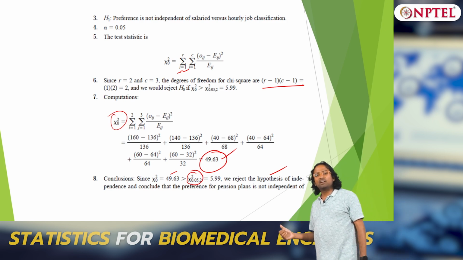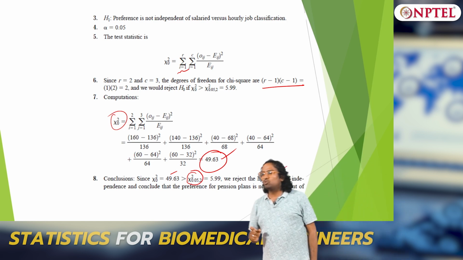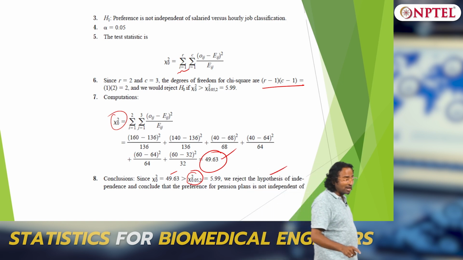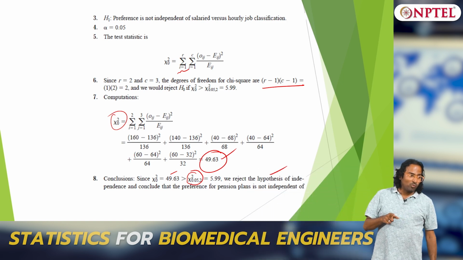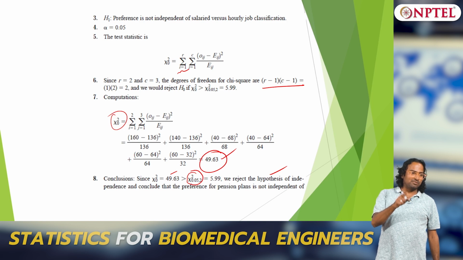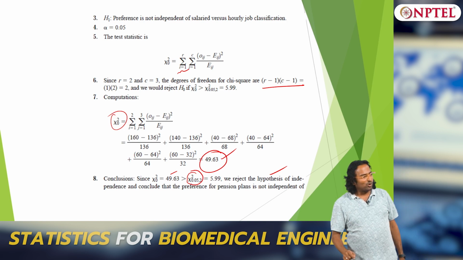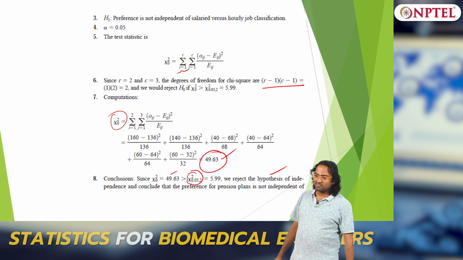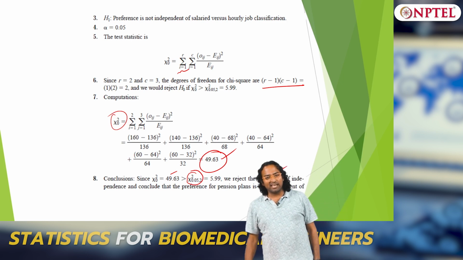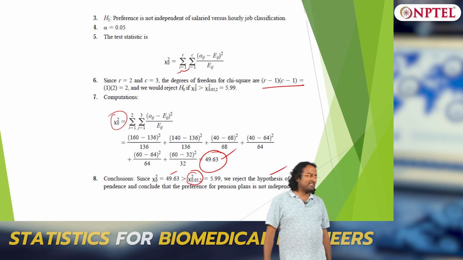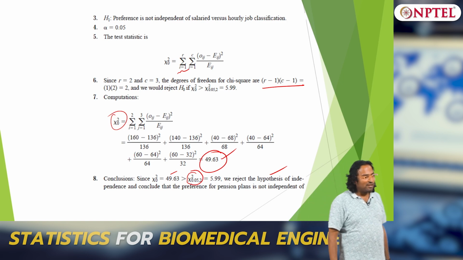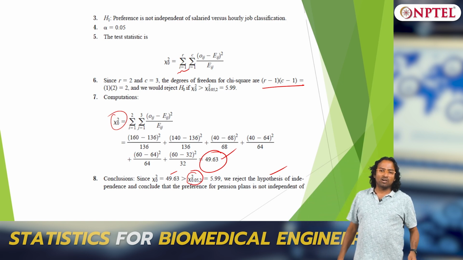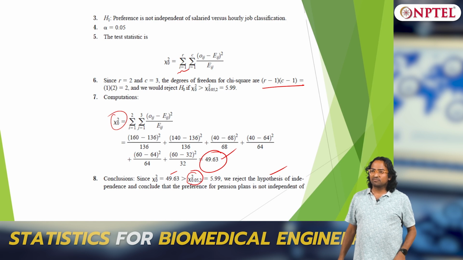So this is the test of independence of 2 variables. This also can be done for continuous variables. I have shown it for discrete, but you can also do it for continuous variables. Clear? This is the way, statistically, to say how confident you are about whether it is independent or not independent. Make sense?